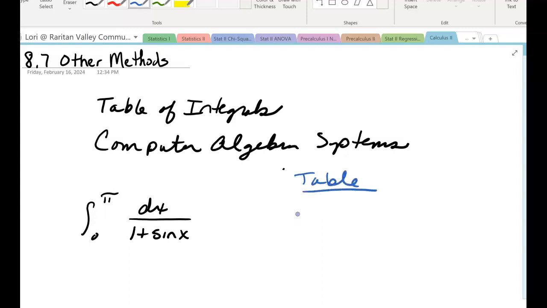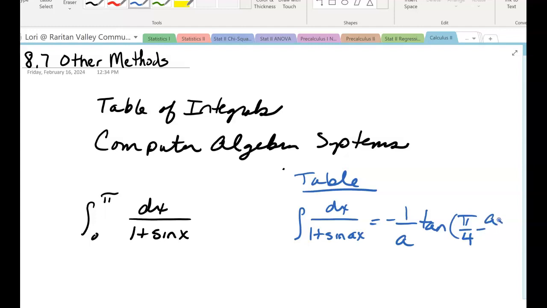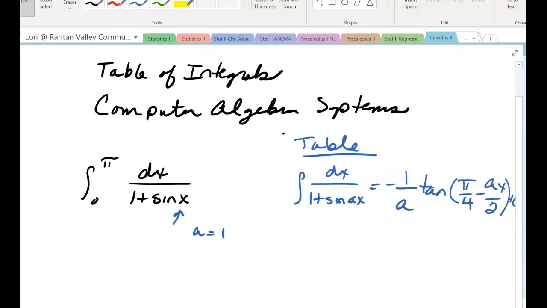I found that the integral of 1 plus sine ax is equal to negative 1 over a tan of pi over 4 minus ax over 2, of course, plus c. So all I need to do is identify a, it's pretty easy to integrate. My a is 1. So my integral evaluates to,